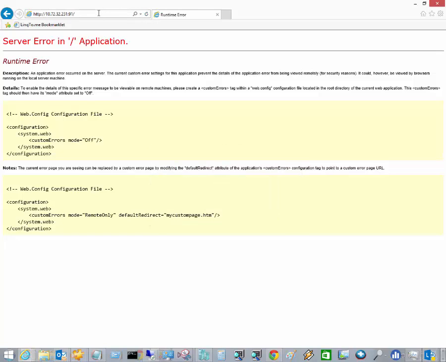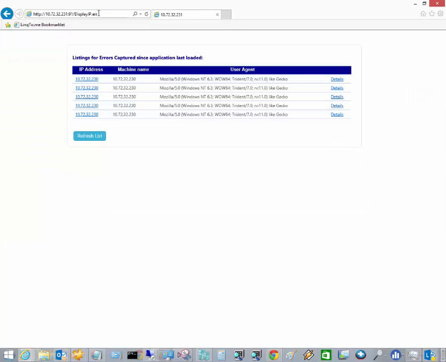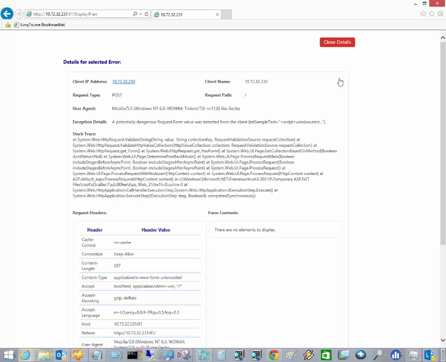Now what the module does is that it has added a new page into your application, which is by default accessible via the following URL, /display IP ERR. And when you go to this URL, you will find the list of all of the malicious requests that have been detected by your application since it was launched. And you can see the name of the machine as well as the IP address of the machine that has been submitting these requests. Clicking on the details button next to each of the requests will bring up more details on that particular request,